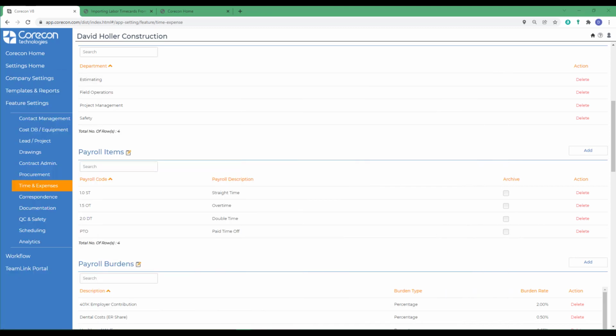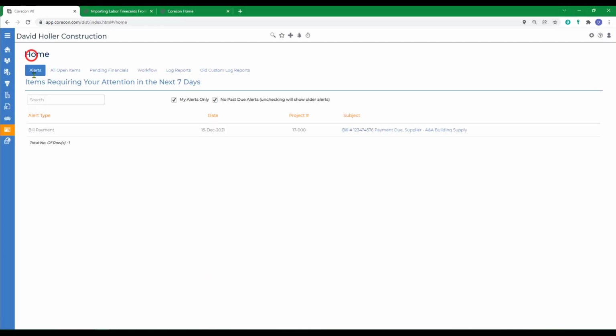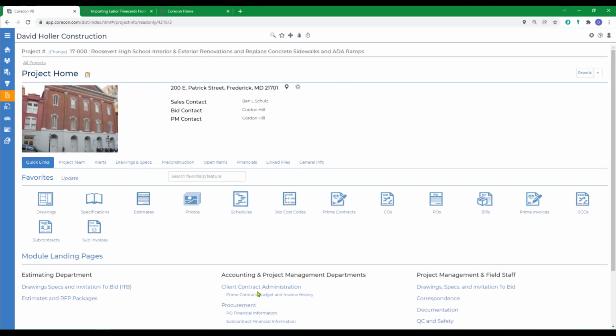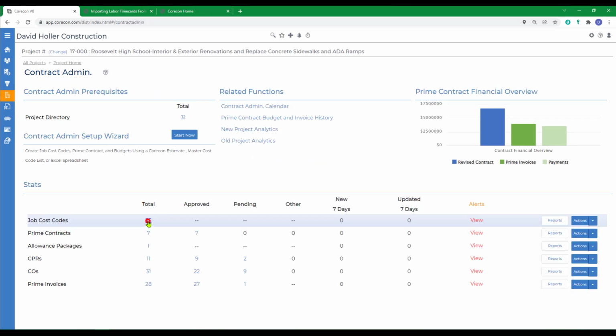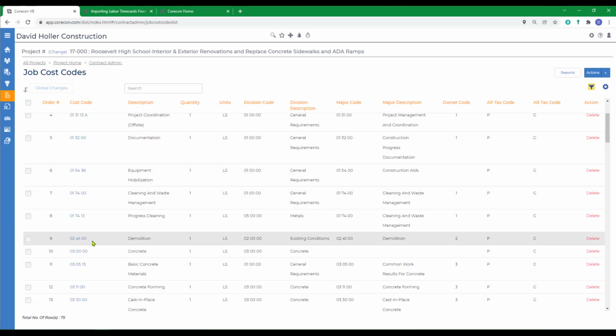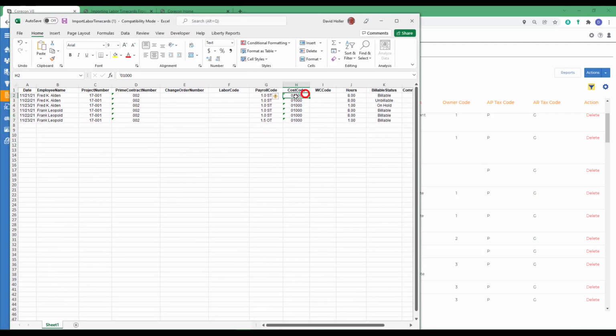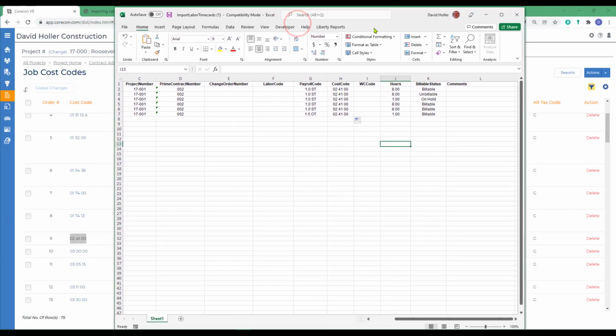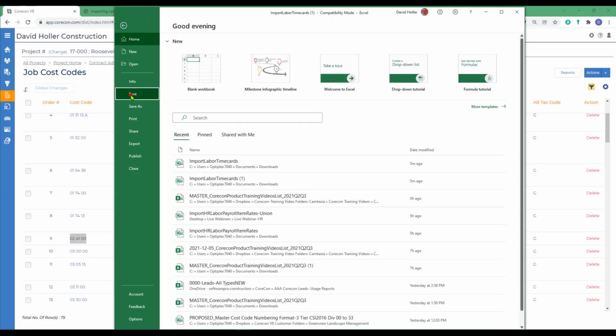The cost code that we're importing does need to be in the project. So I'm going to go back to the project just to show you where I'm getting that information from. And we'll go into contract admin, cost codes, and we're going to select this cost code. Although multiples could be used. We'll use the hours as they've been set up. I'm not going to bother to fill in the workers' comp code. That can be done when I approve the time card. Same with labor codes and change order numbers. If everything looks good, then I can just click File, Save,